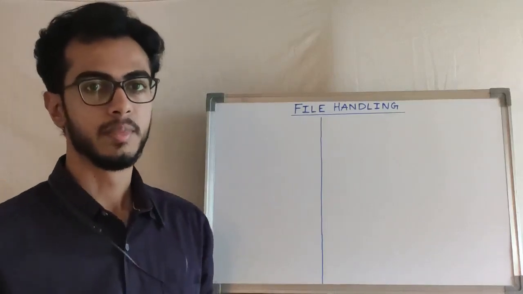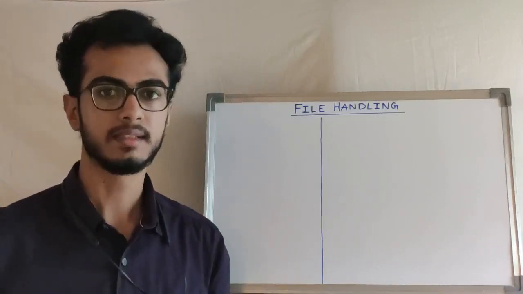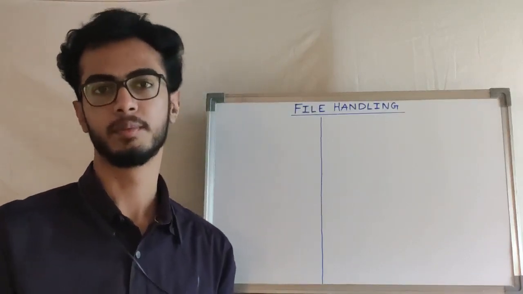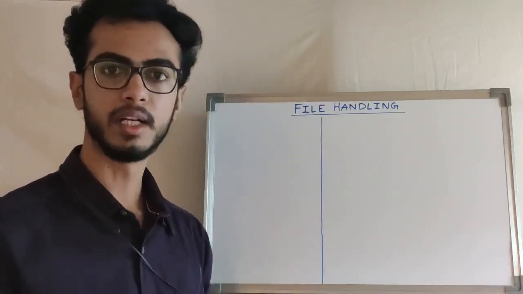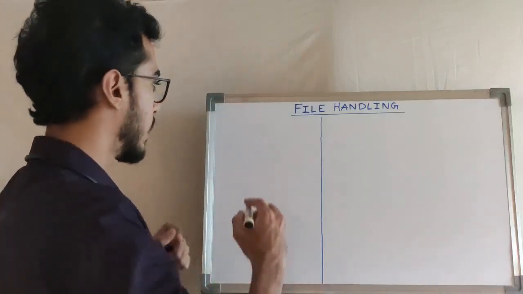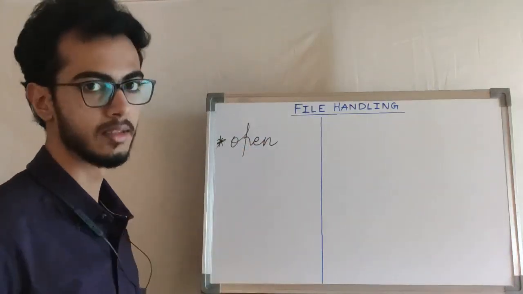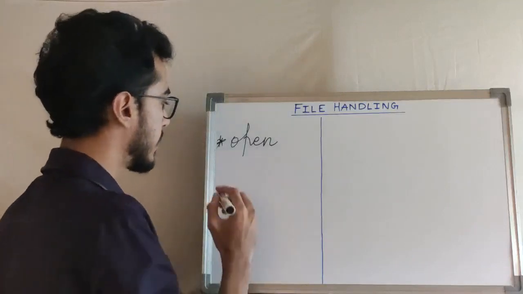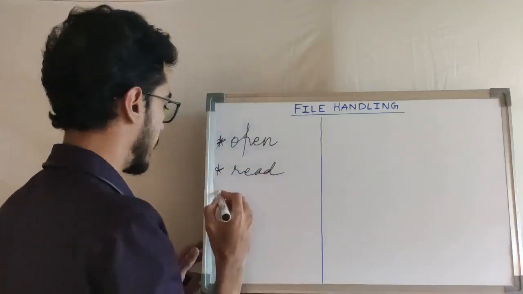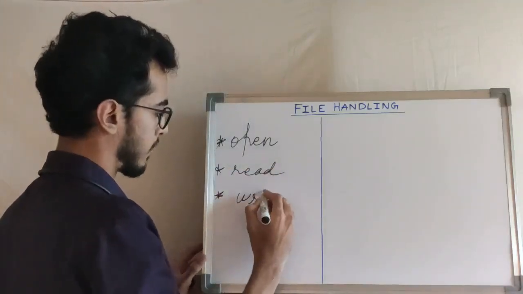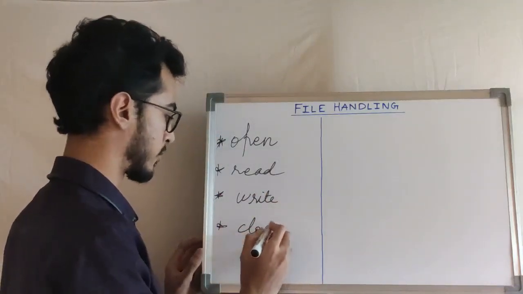Let's talk about some basic operations that can be performed over files. Treat files as a book, or some pieces of paper that you want to deal with. To read any book, the first thing you require is to open that book. So opening a file is one of the basic things that has to be performed. The next thing is you can read that file. Third, you can write some data on that file. And the last is close that file.